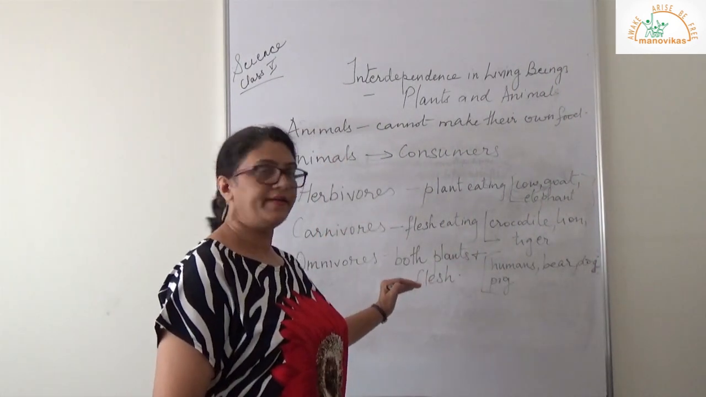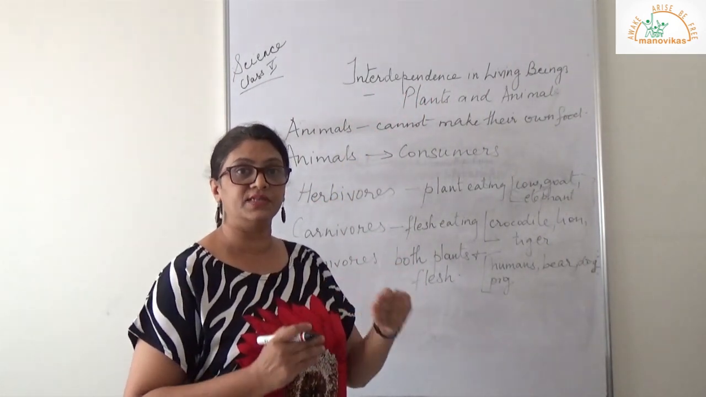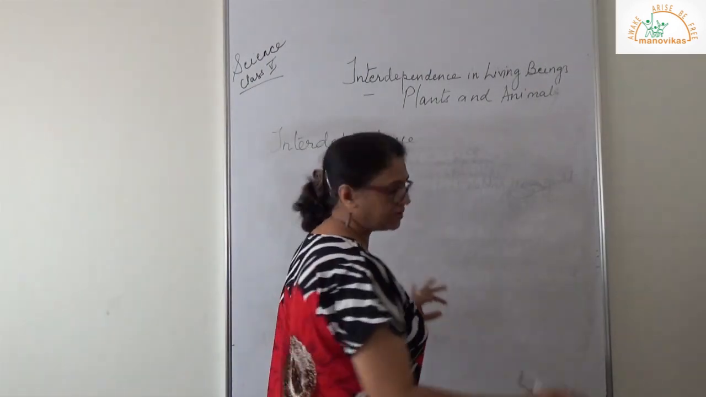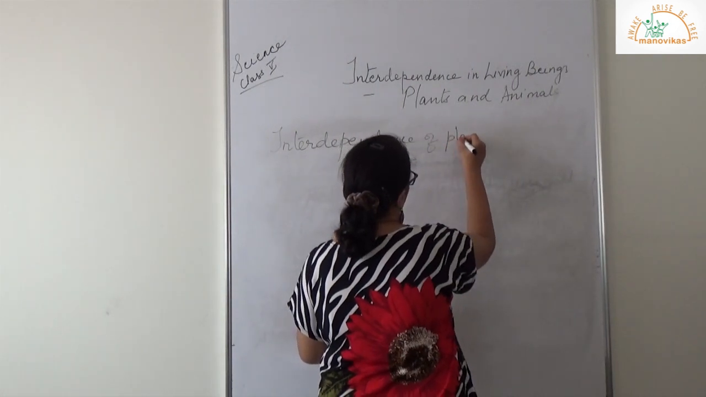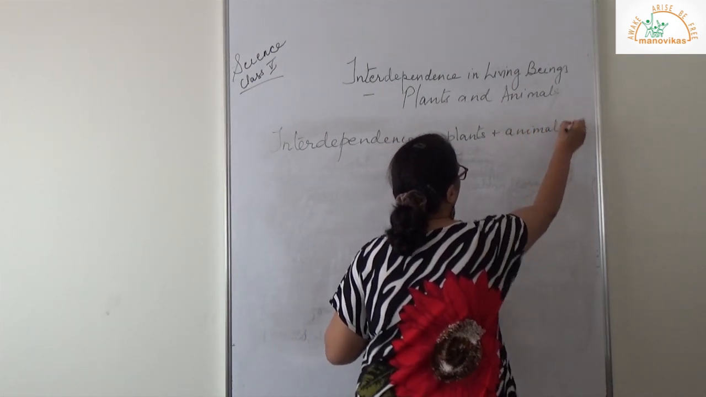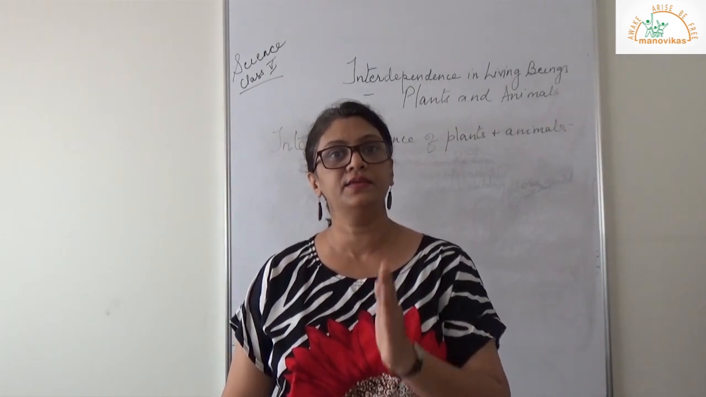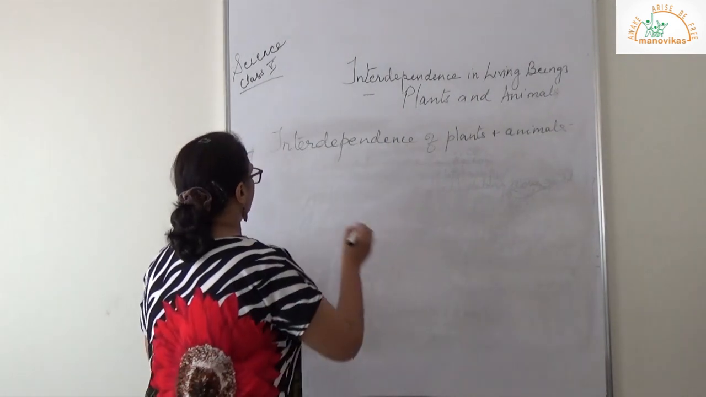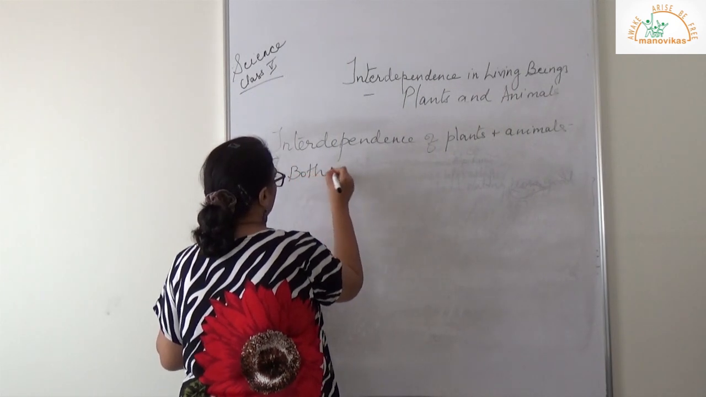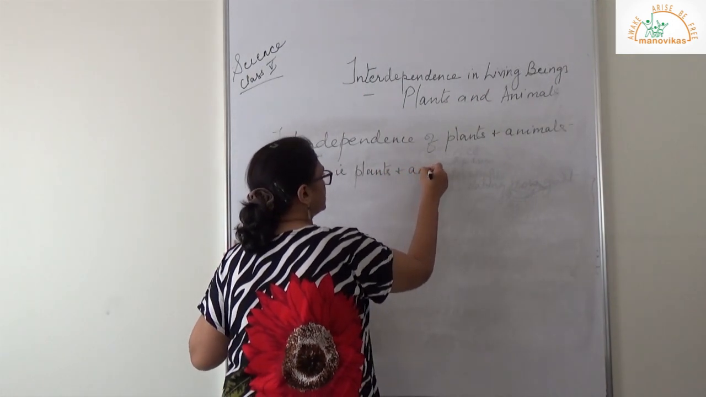Is this clear? Now let us go to interdependence. Let us understand how plants and animals are dependent on each other. Interdependence of plants and animals. Now, plants and animals maintain the balance of oxygen and carbon dioxide. Number one will be both, that is plants and animals